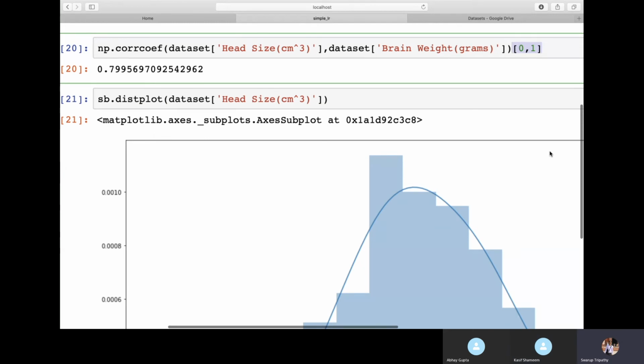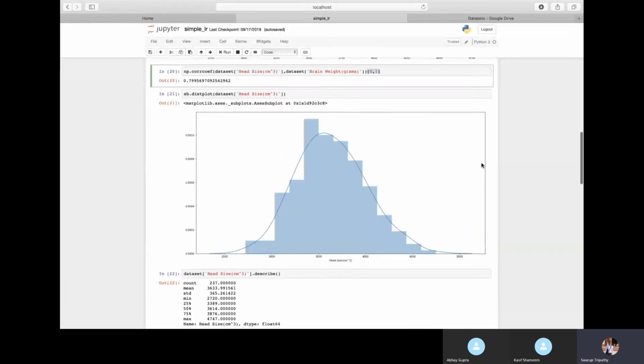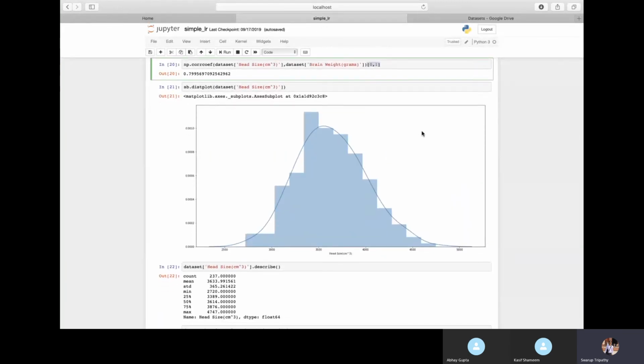Okay, so now if you see the distribution plot, we can see that the data is a little bit skewed, but it's very near to normal distribution. The data is very well distributed, very near to normal. It's not highly skewed towards the right or highly skewed towards the left. We say positively skewed or negatively skewed. It's not highly skewed. The data is well distributed on both sides, but we see there is a little bit of skewness within the data. That's what we see.